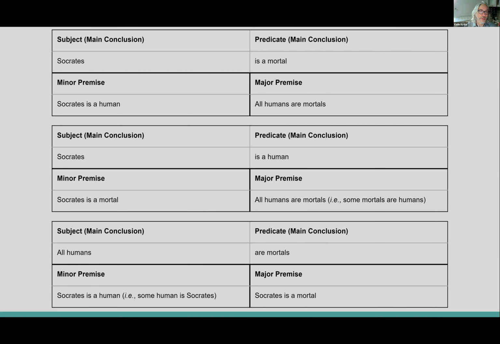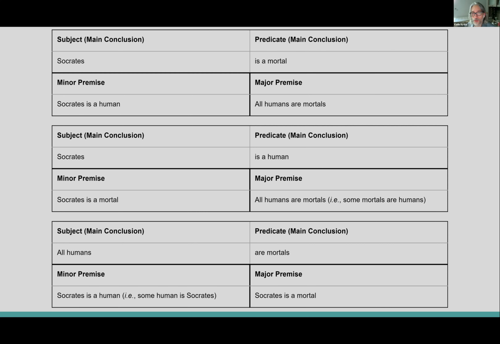So in the first, which Kurt tells us is the correct version, the conclusion is Socrates is immortal. Right? And let's suppose I'm not sure if that's the conclusion. So I'm going to test the strength of the argument by saying, all right, if the subject of that conclusion is Socrates, well, what other statement do I have that could serve as the minor premise? In other words, what other statement is about Socrates? That statement is Socrates is a human.